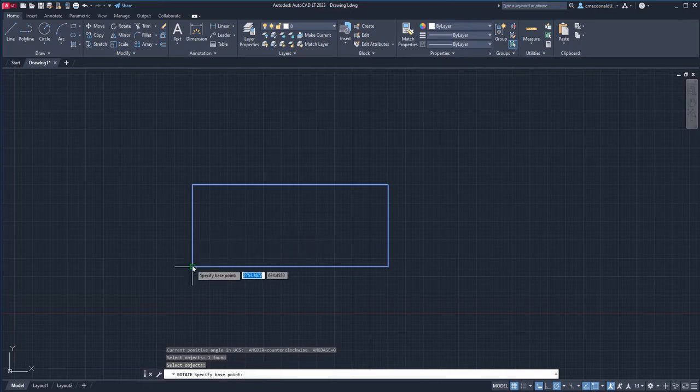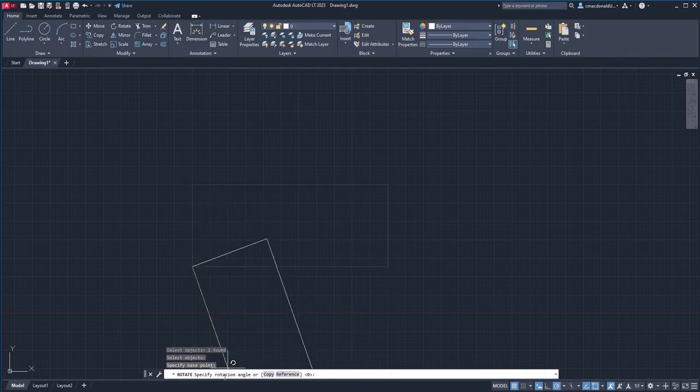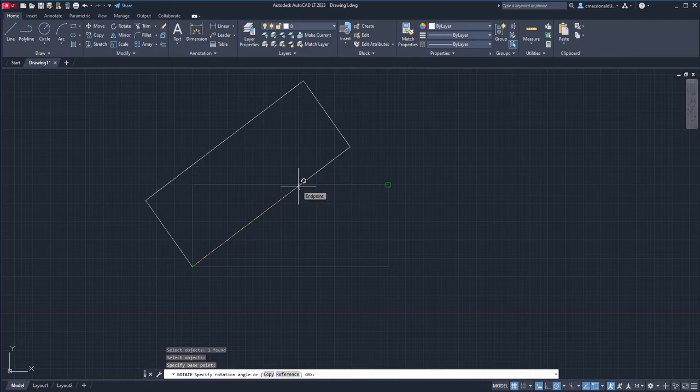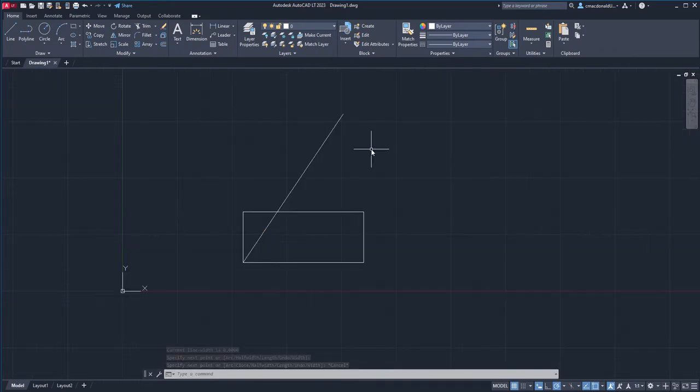So we then know to left click. And now when we look at the command bar again, we see it's asking us to specify the rotation angle. So AutoCAD knows how to help us move along with a command by suggesting the necessary prompts on what to do next. In this case, we can make it 45 this time and hit enter. Perfect. Now let's say when you're working on a future drawing, you need to take something like this rectangle and